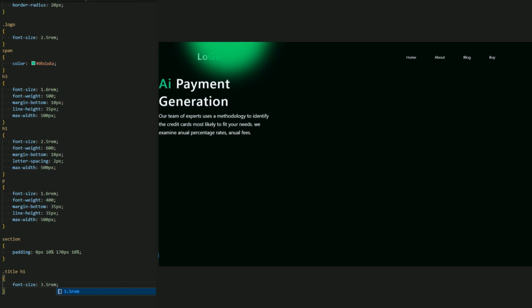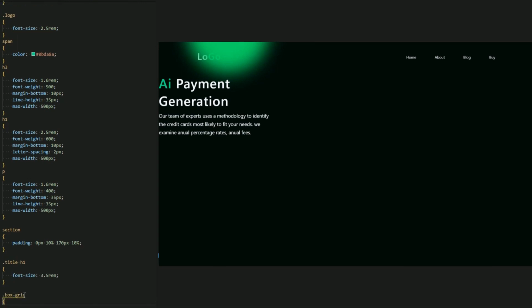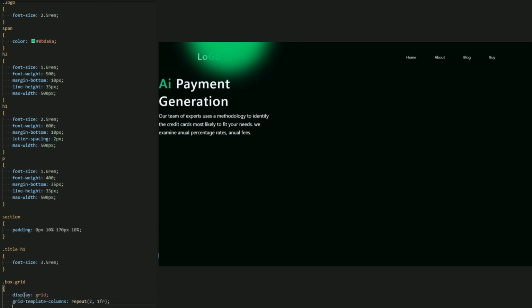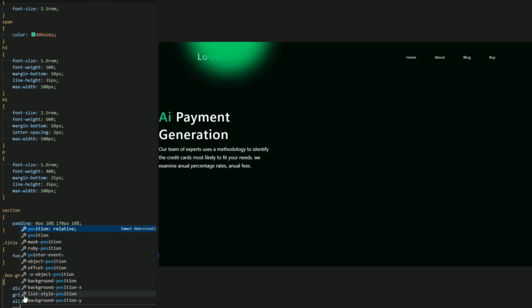Here we go. And now let me create this box grid, which has the circle and this arrow. I start with this box grid, adding display grid instead of flex. You can use display flex instead, but yeah. Okay, grid-template-columns repeat 2, 1fr, align-items center, position absolute.